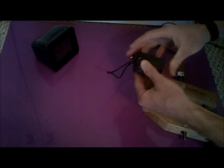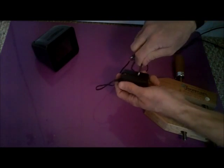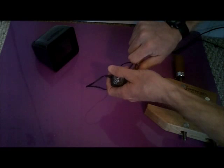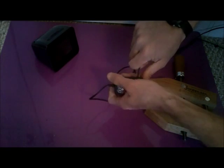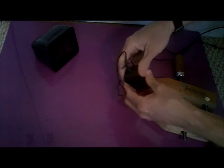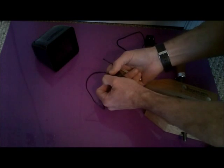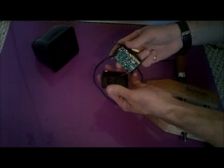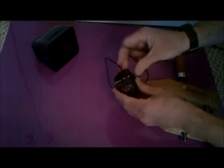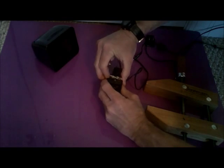It may be helpful to get a screwdriver. Let me see if I can grab a screwdriver and pry. Alright, so here's what we've done. Okay, I'm going to take this part down. Now the case,